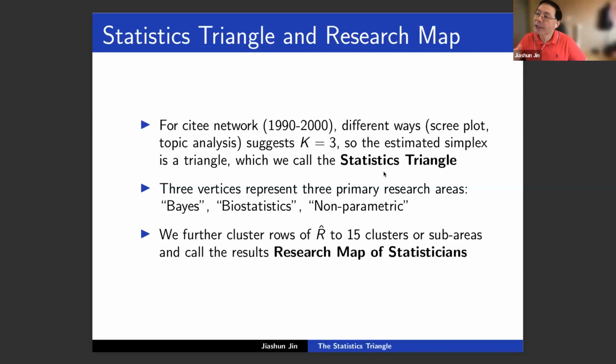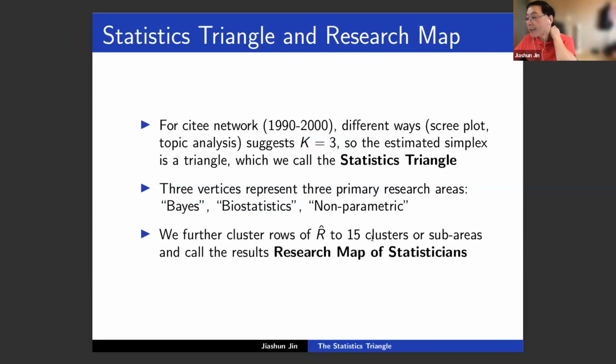So eventually we tried K equals 2, K equals 3, up to K equals 10. After a long time of discussion, we figured out K equals 3 produces the most meaningful results. Since K equals 3, the simplex is a triangle, because K minus 1 is 2. Also using the printing out of the pure nodes approach, we can interpret these 3 primary research interests as based on biostatistics and longitudinal metrics.